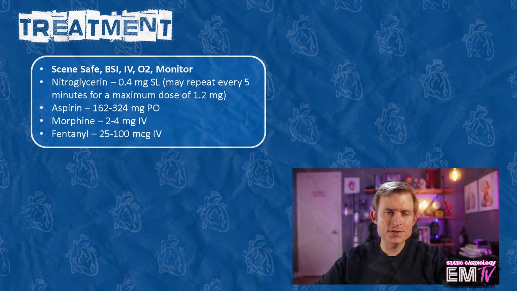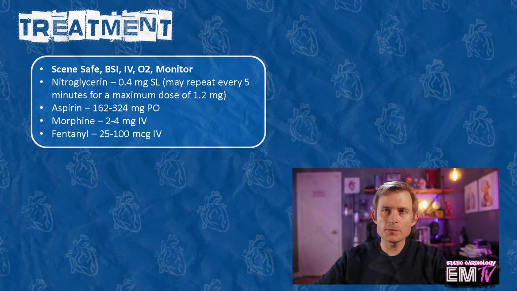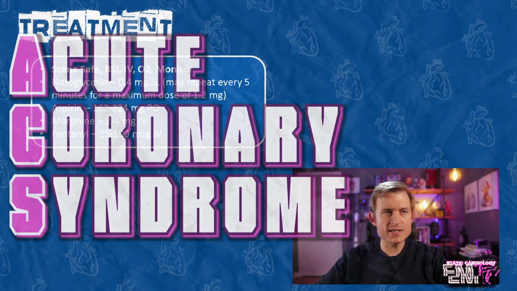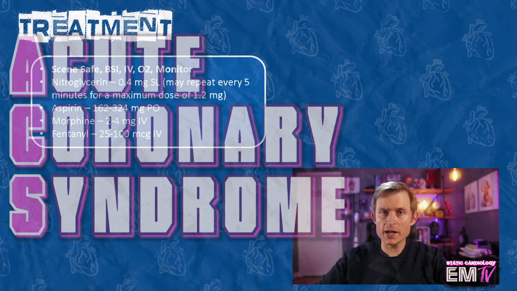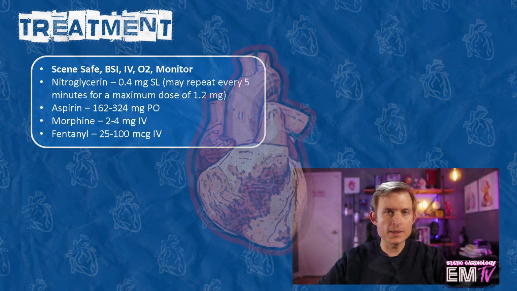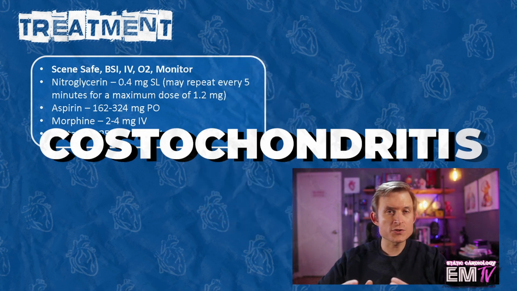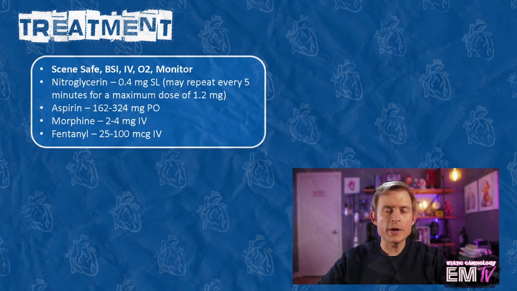Just like with all my other cards, I'll begin treatment by reciting the mantra: Scene Safe, BSI, IV O2 monitor. Now, there was a very important part of the scenario that would lead me more down an ACS pathway versus a typical pain control pathway, and that was the reproducibility of symptoms. Palpation of the chest revealed that this patient's chest pain was not reproducible. This is important because it's very unlikely that you'll be able to reproduce cardiac chest pain. Musculoskeletal chest pain, such as costochondritis, will usually get worse if you palpate it. Because this patient's pain did not change with palpation, I'm going to suspect pain of a cardiac origin.